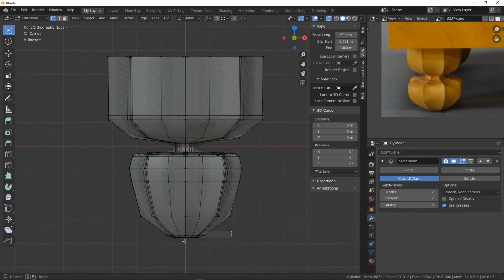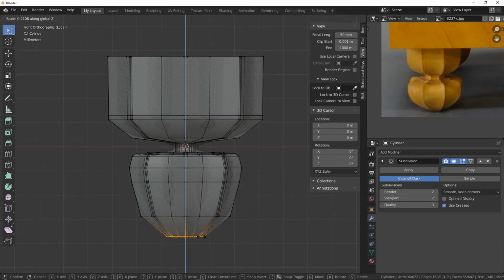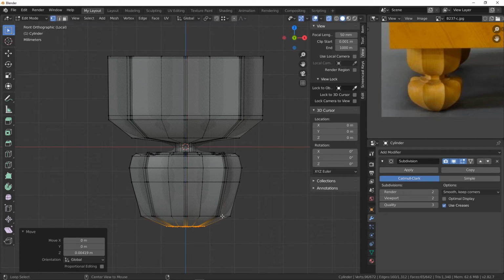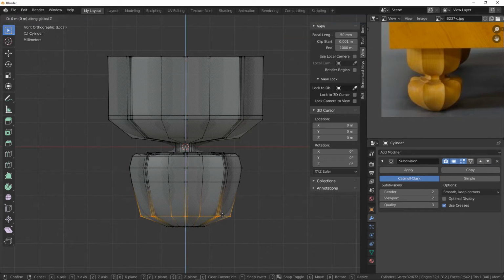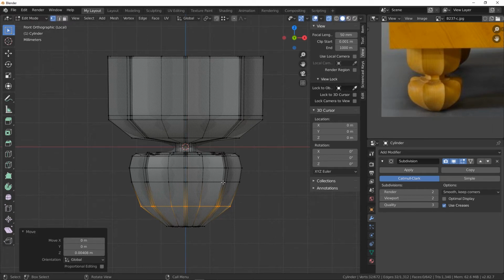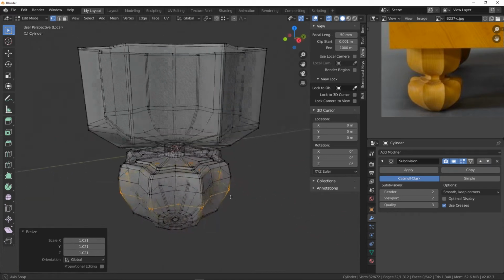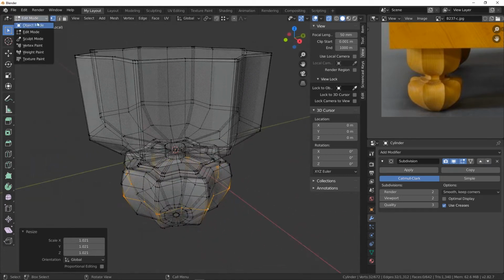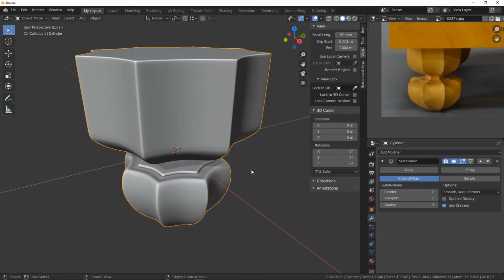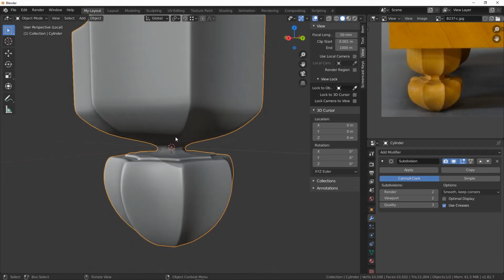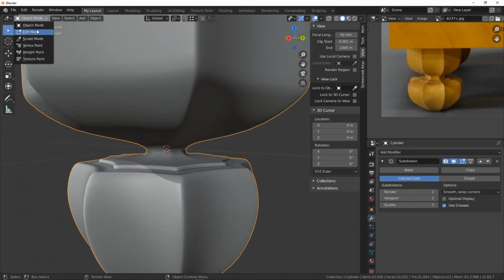We'll just box select the entire thing here. And we're going to scale this on Z, flatten that out, and bring it up a little bit. This edge, I think, also needs to be brought up just slightly. And I'll maybe scale this one out a little bit. Okay, so it is kind of hard to tell the shape in some of the views. I think maybe I also want to add in,